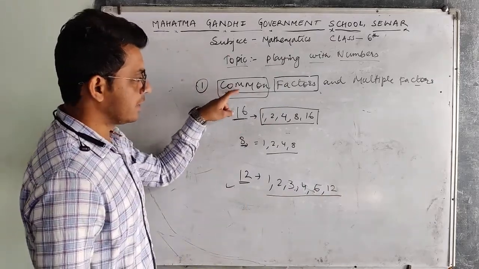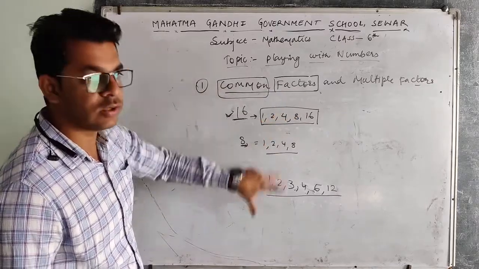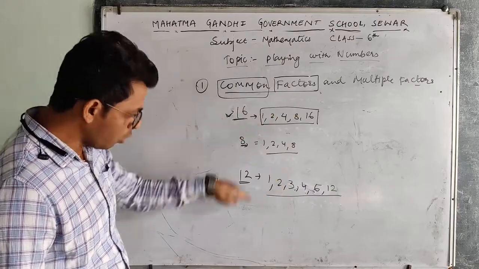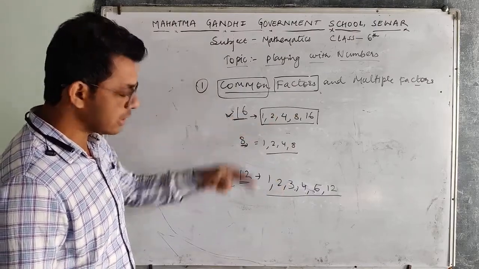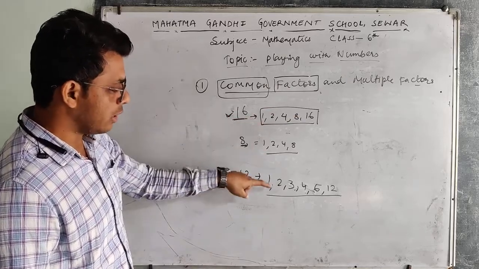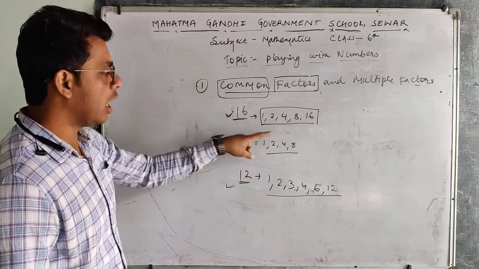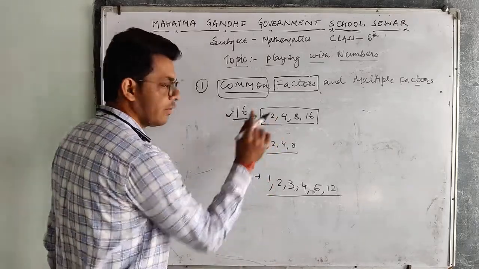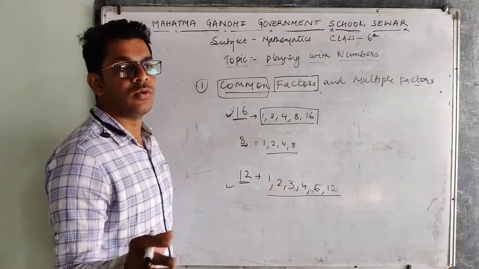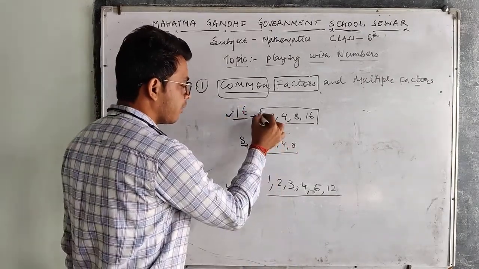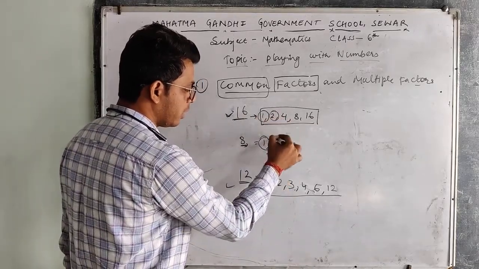Now we are discussing what common factors are. Anything common between these three numbers, 16, 8 and 12, will be a common factor for all three. What are the common factors here? The numbers which are visible in the factorization of all three numbers are the common factors. For simplification, we will encircle them. 1 is common in all. 2 is also common in all.